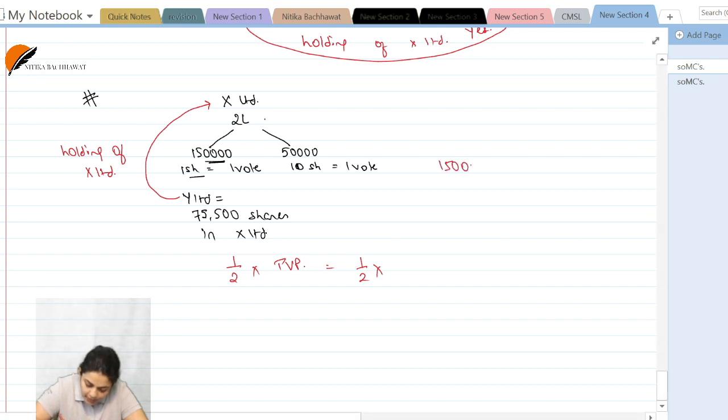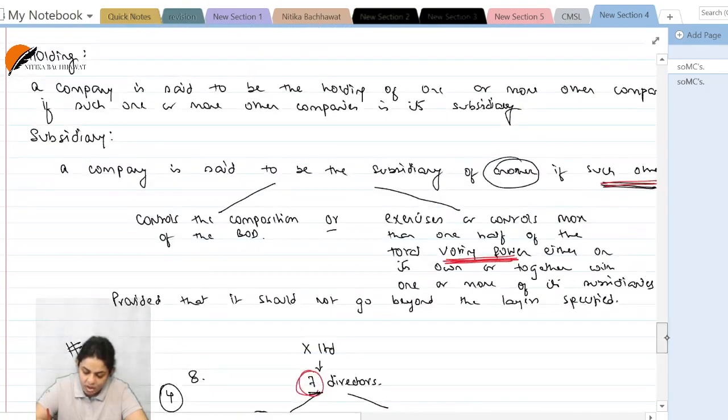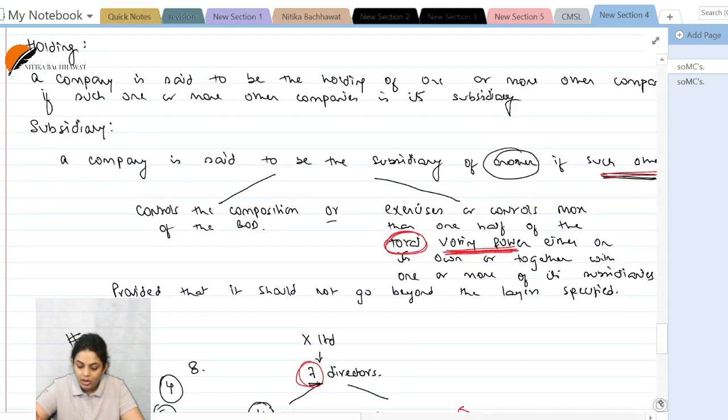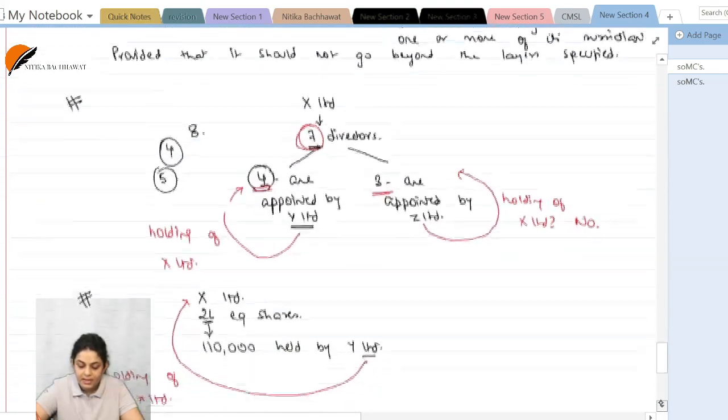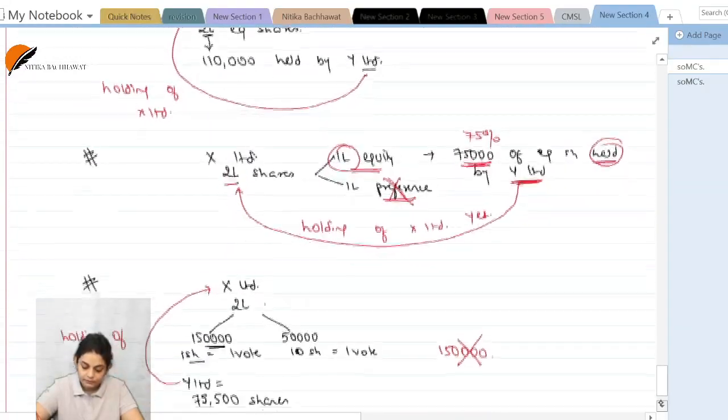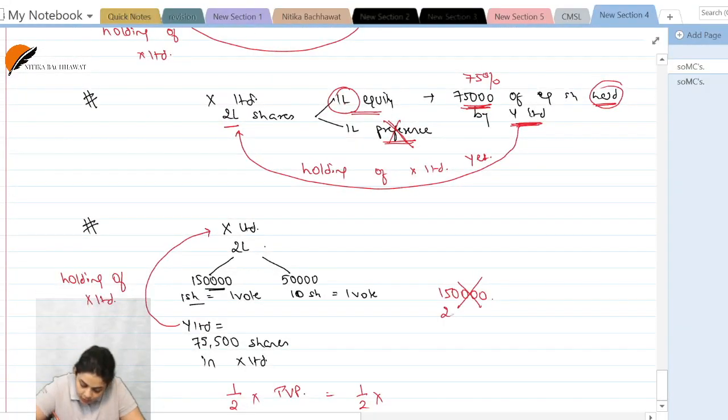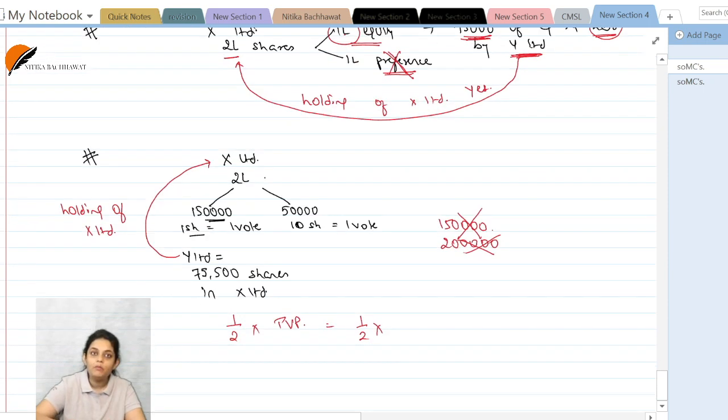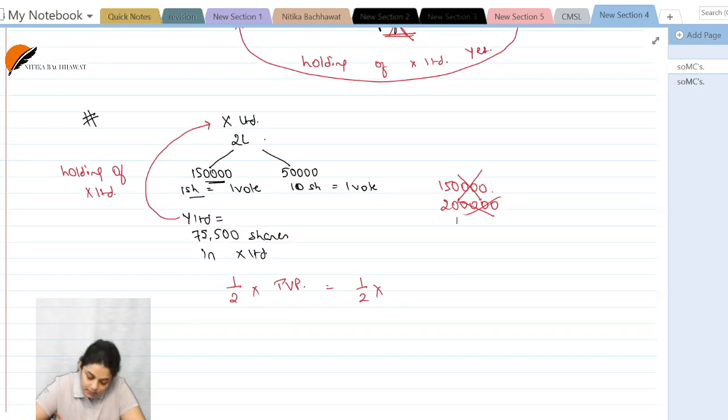If you have calculated on 1,50,000, you are wrong, because here they have not said the type you are holding, but they have said total voting power. If you have written 2 lakh, that is also wrong because 2 lakh is the number of shares. Total voting power is